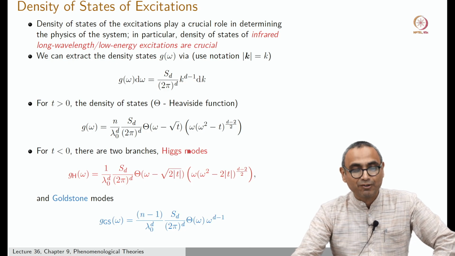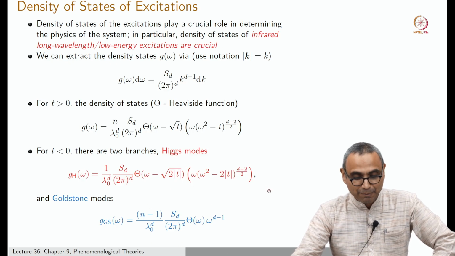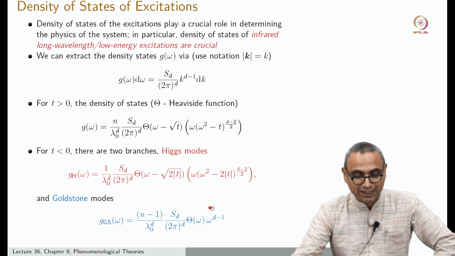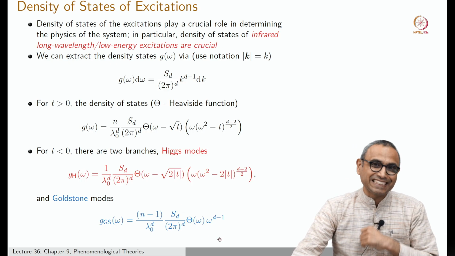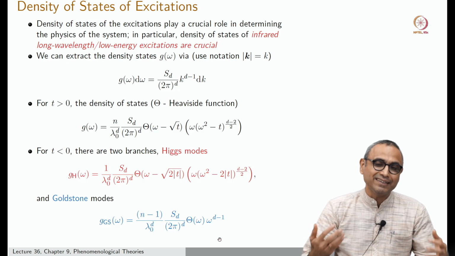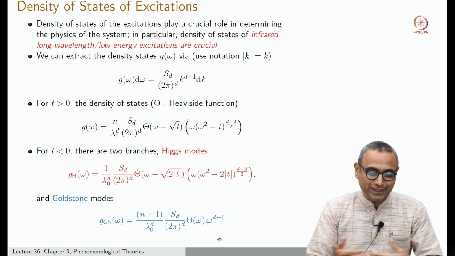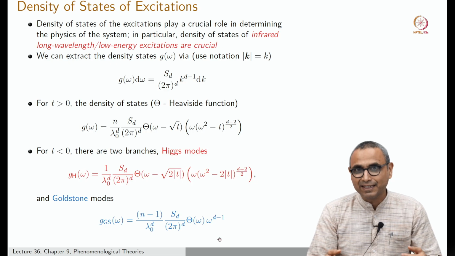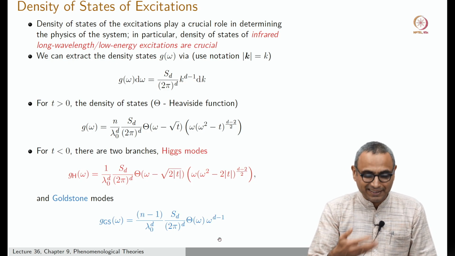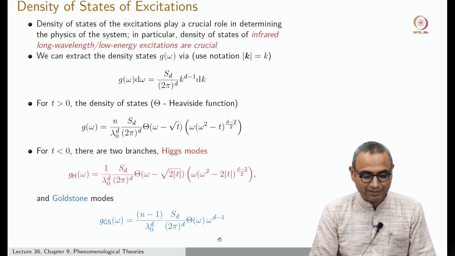Okay. The Goldstone mode will produce something that does not have any t dependence. It is gapless, so it will produce a density of states that looks like this. This is the density of states that is contributing to the thermodynamics of the system, if you wish. So now if you do statistical mechanics with this density of states, you will be able to pull out a variety of results that we have already obtained.